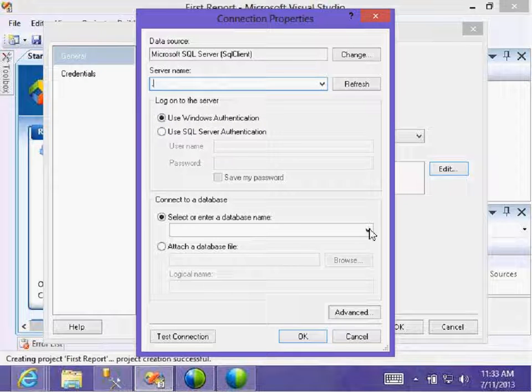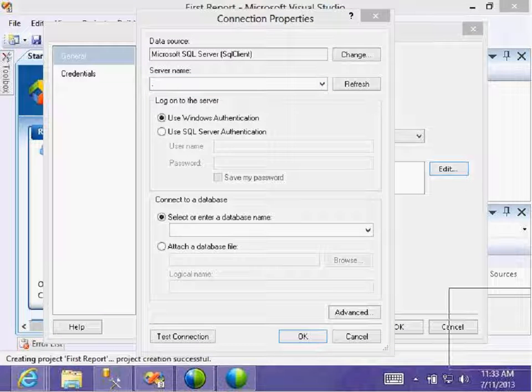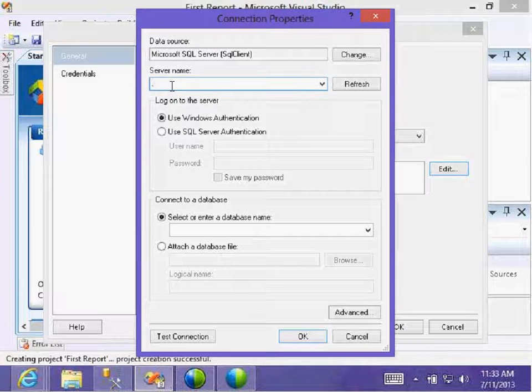A dot might not connect if there are multiple instances on your computer, so you need to specify the instance name. If only one SQL Server is installed on your computer, you can start using that.